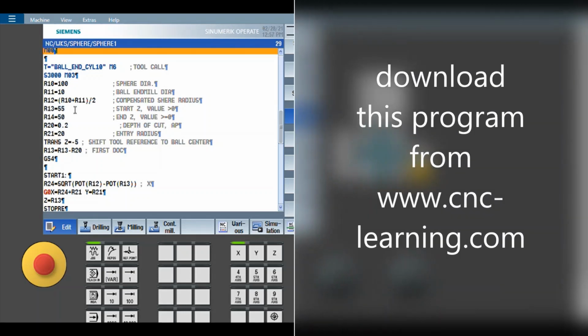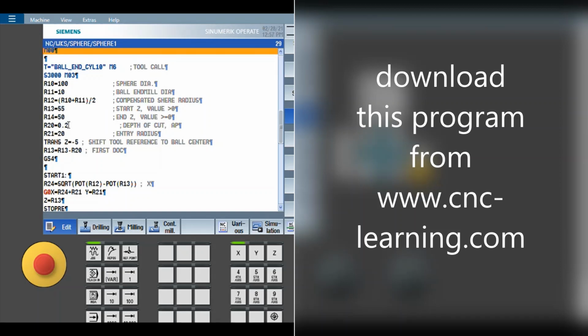So it is easier to calculate the compensated sphere. Whatever the actual sphere diameter is, plus your ball cutter diameter, will give you the compensated sphere diameter, and this is the compensated sphere radius: the sphere diameter plus ball cutter diameter divided by 2, and then start Z and end Z and depth of cut.